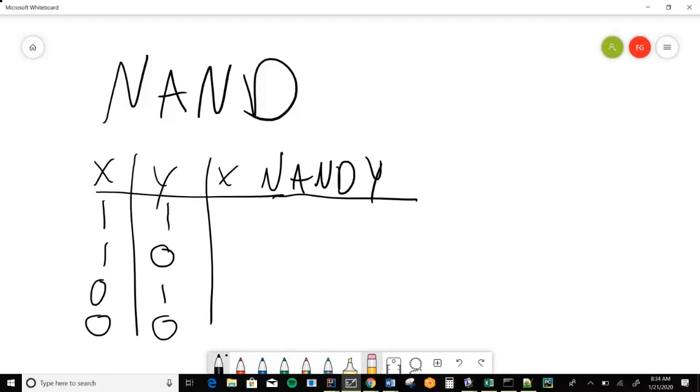Like literally, it's not. This is the truth table for NAND. If they're both ones, NAND is 0. Anything else, it's a 1.